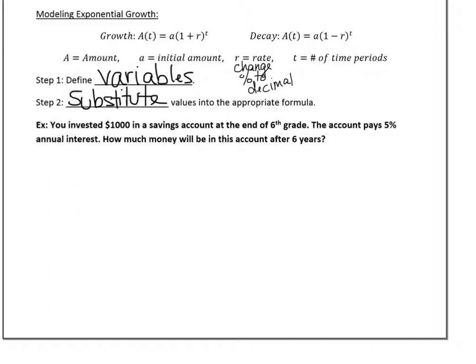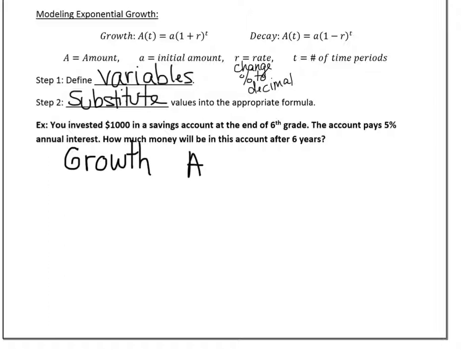So our first example says we've invested $1,000 in a savings account. It pays 5% annual interest. How much money will be in this account after 6 years? Well, is this a growth or a decay? Is your money going to increase or is your money going to decrease? And in a savings account, it should increase. So this is a growth,